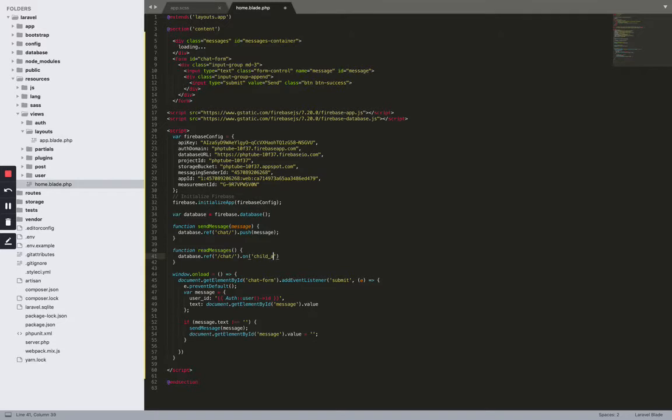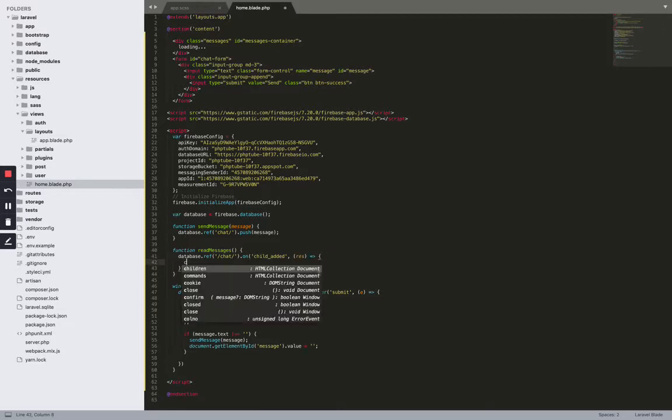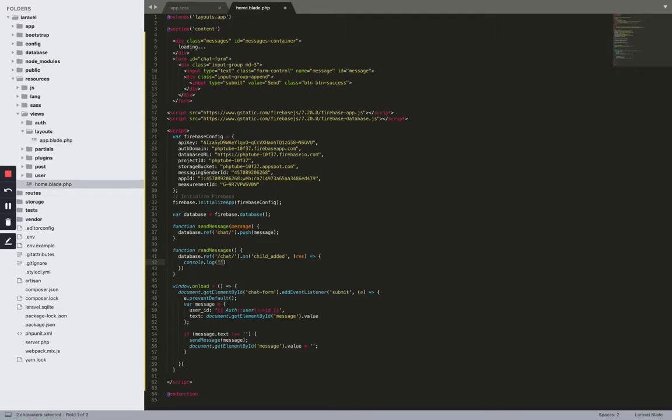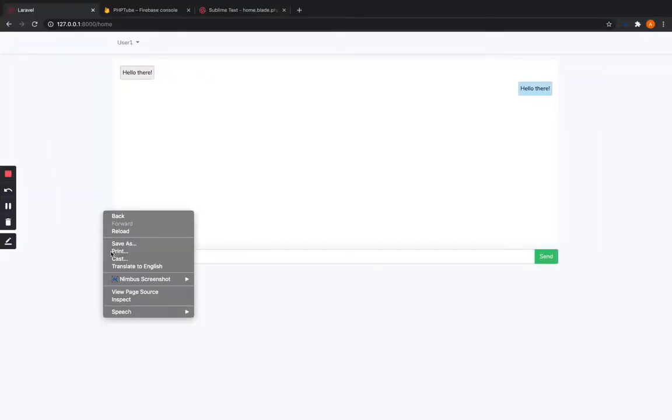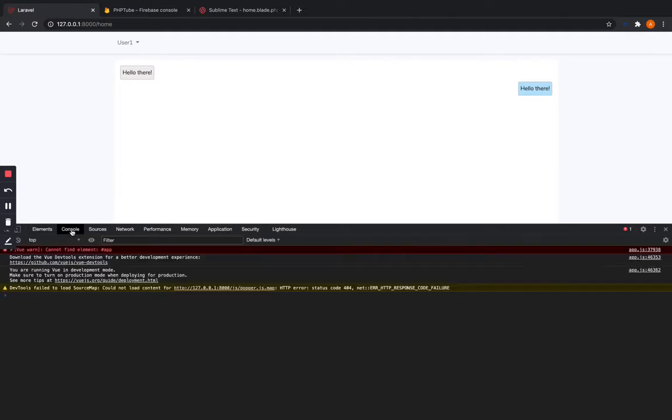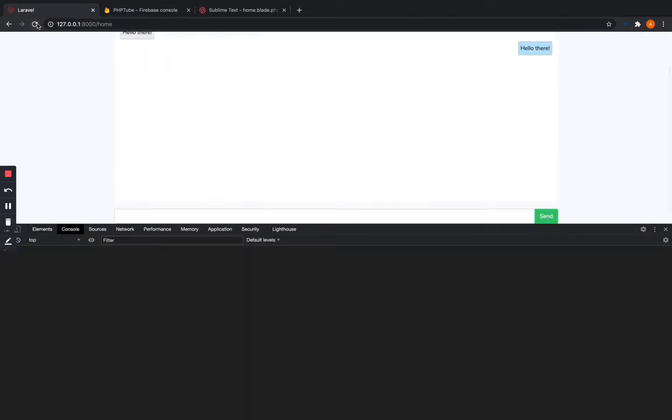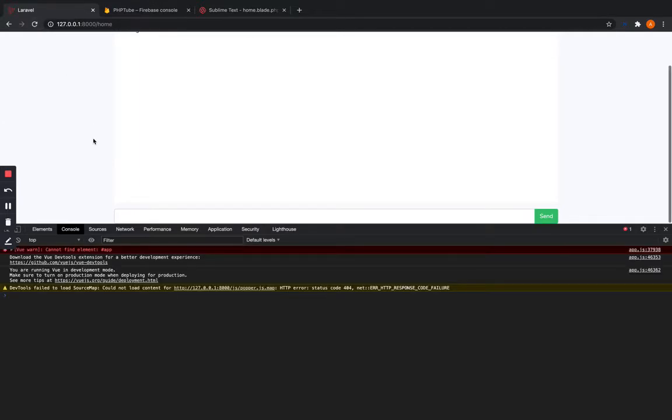So on child underscore added event, I would like to have a callback function with the response from the Firebase database, and I will first simply console the response, and response actually has this val function which contains the values. So come back to the browser and open up the console, clear, and give the page a refresh, and we should have